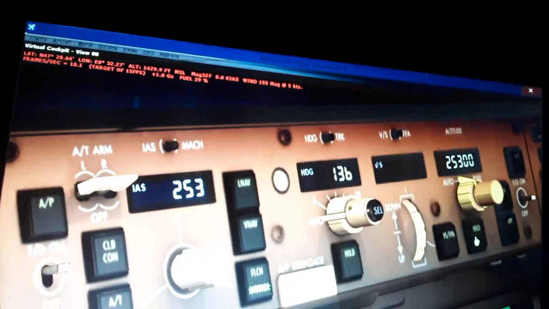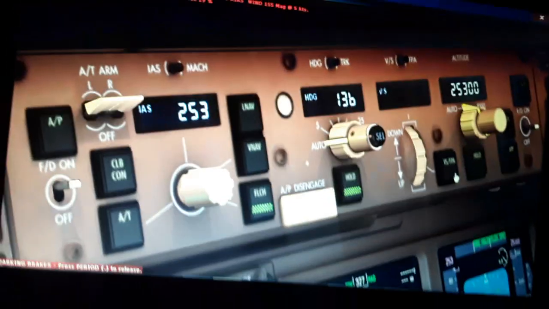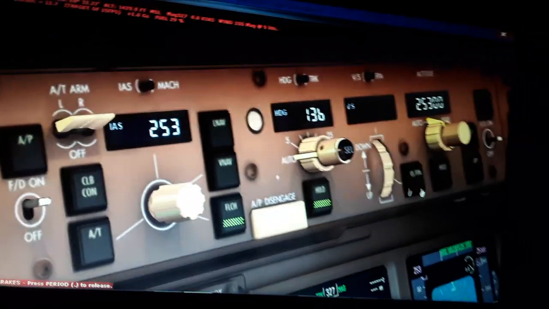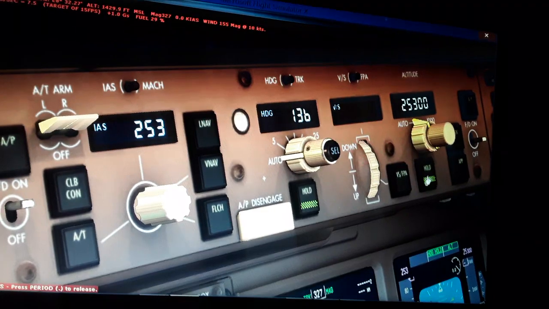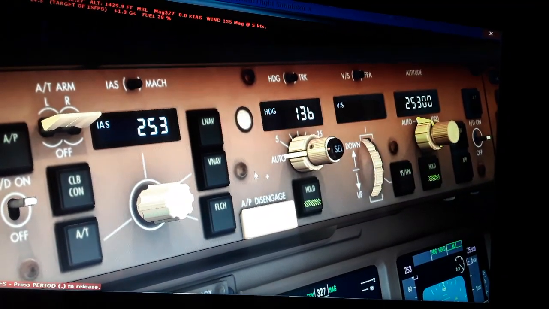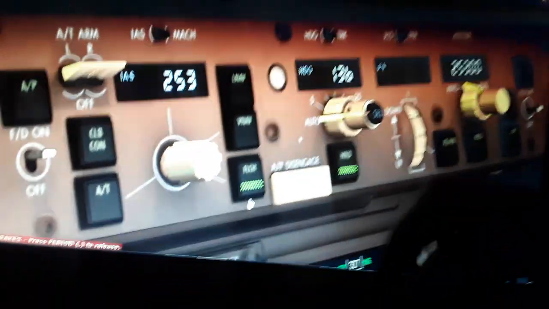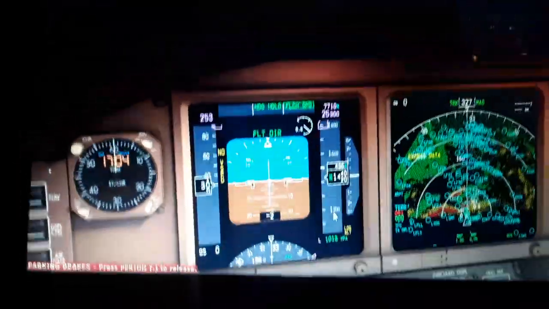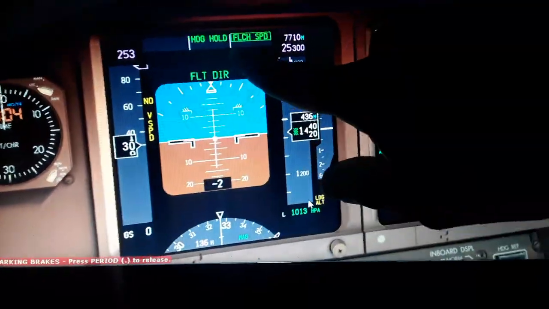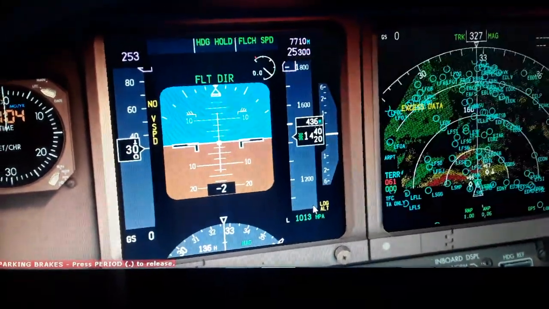Then we can select either altitude or flight level change with the heading over here, so we select one mode at a time. So we have the flight level change with the heading, and the flight director with this target airspeed 253 nautical miles, flight level change speed for this target altitude